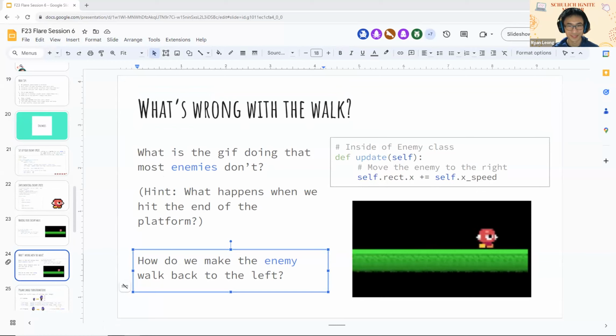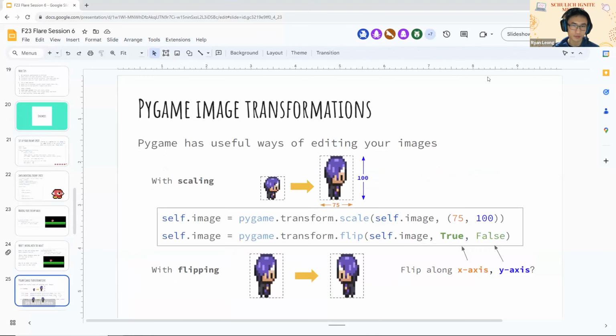Sure, right? Okay. I would say close, but since you actually want to check if it hits the right side, then you want it to turn right. But yeah, if it hits an obstacle or something, or it goes past a certain boundary, you have it turn back. So next we have